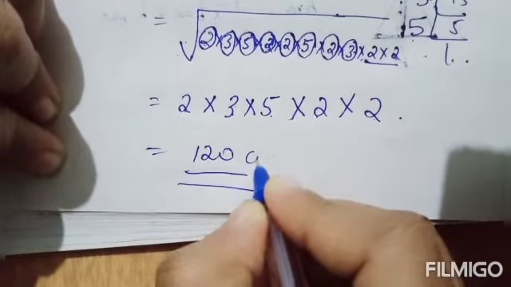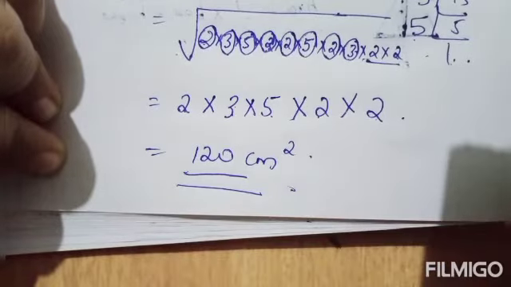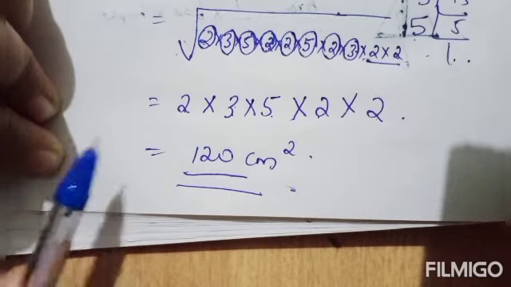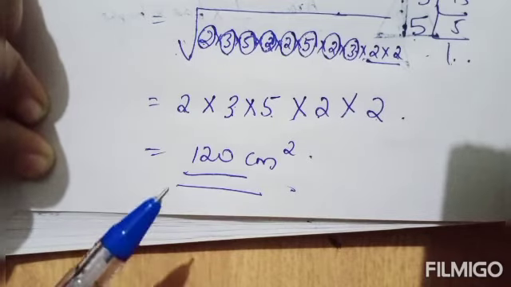Now the unit will be centimeter square. So the area of the triangle here is 120 centimeter square. Do the first question, and the second and third ones you can do as homework. Now second question here. Two sides of a triangle are 6 centimeter and 8 centimeter. If the height of the triangle corresponding to 6 centimeter is 4 centimeter, find first the area of the triangle, second